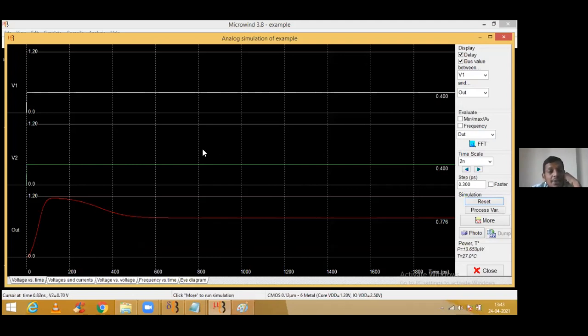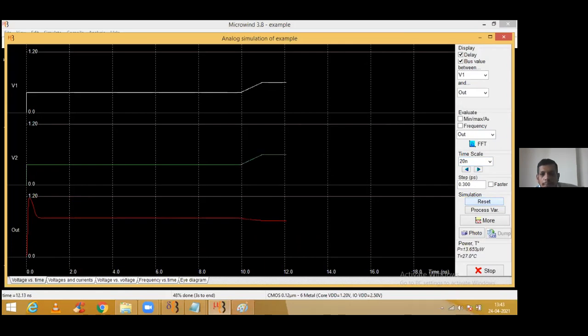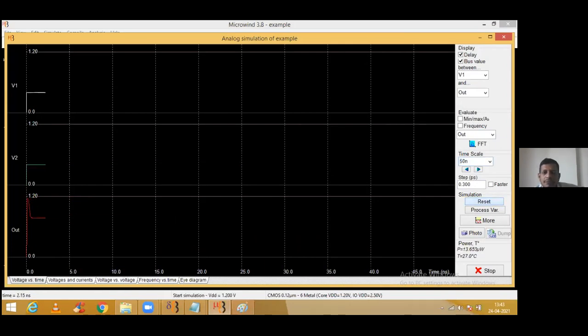Okay. So here, guys, when I'm going to simulate, the people are confused. Sir, it is not coming like this. But guys, just try to concentrate. We are adding TH and TL in the range of 10 nanoseconds. And we are simulating with the time scale of only 2 nanoseconds. So you need to increase the time scale as around 20, likewise this, and reset that one. So look at that, what is coming across. Rather than 20, I will make it as 50 so that more cycles can be visible over here.